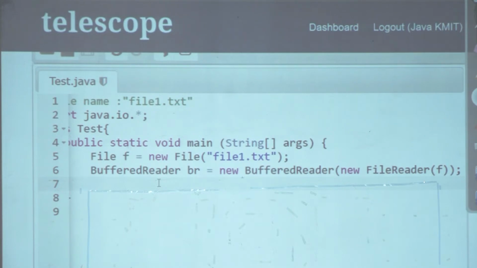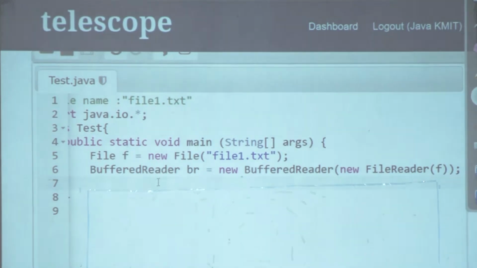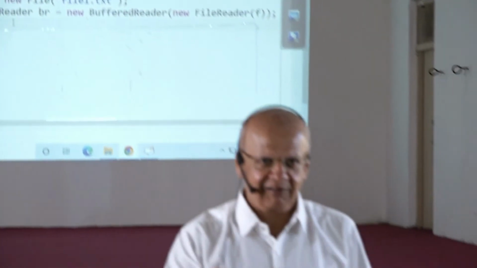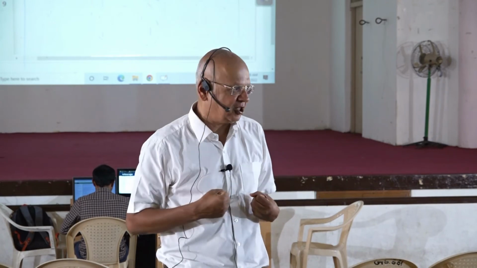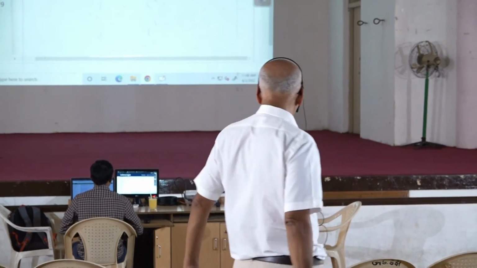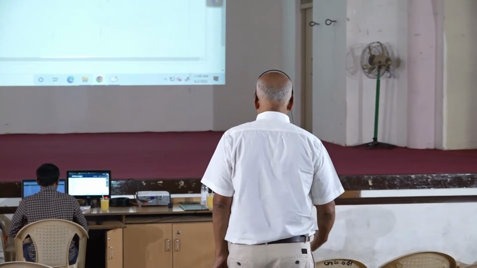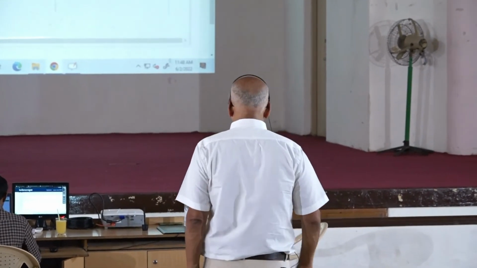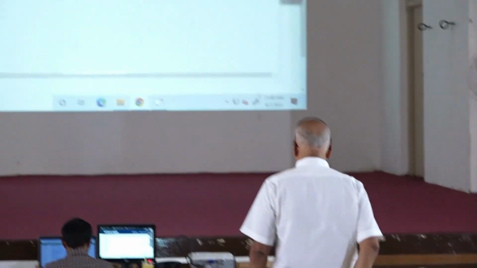Most programs like to read data as lines, isn't it? And we would then process one line at one go. So if you want that, you have to use a BufferedReader, because it will buffer all the characters up to the new line and give it to you in one chunk. Now, how do I read from the BufferedReader? This is how I read. So while,